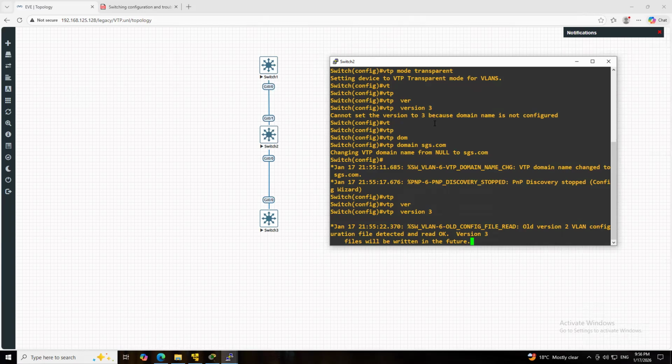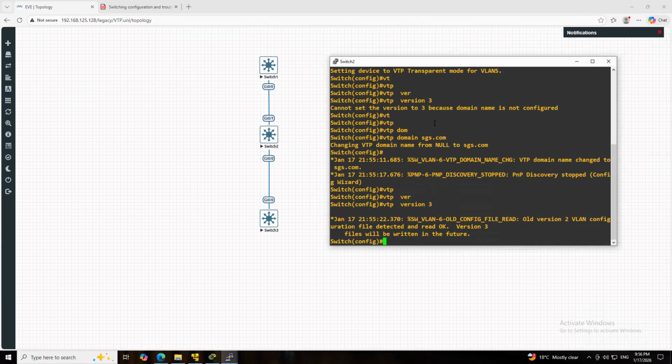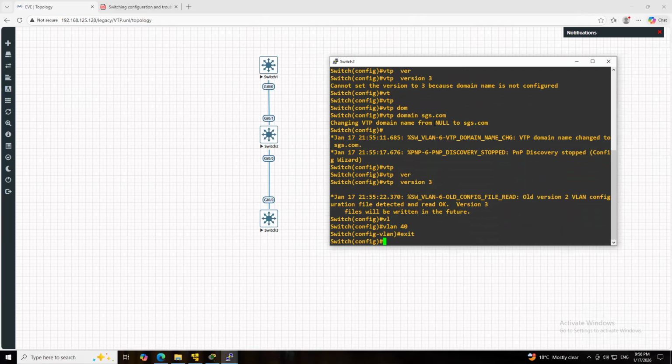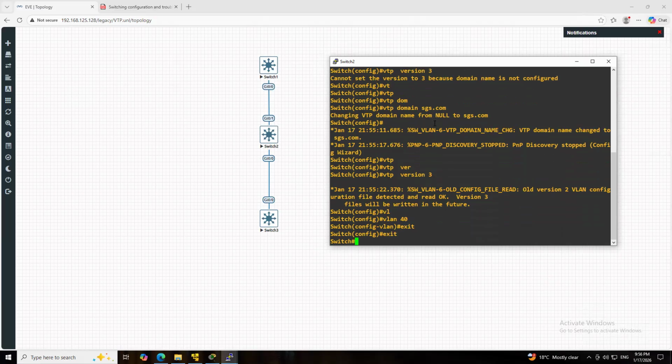That's all. Now I can create VLAN 40. I can create it in transparent mode. I was able to create it.